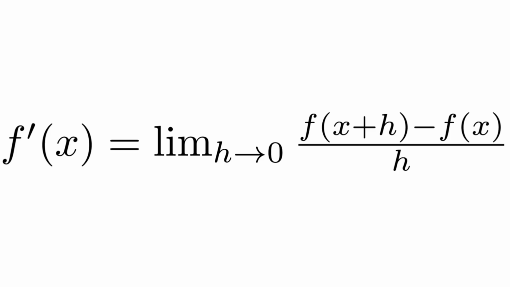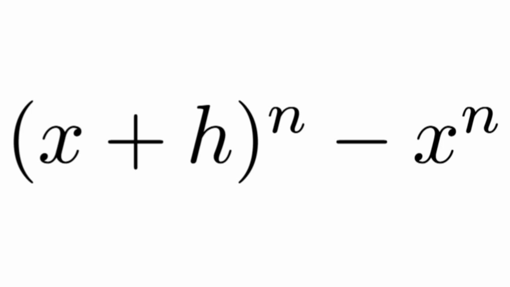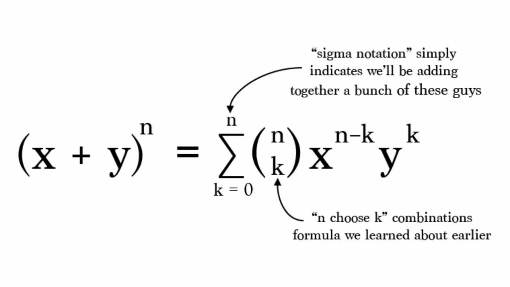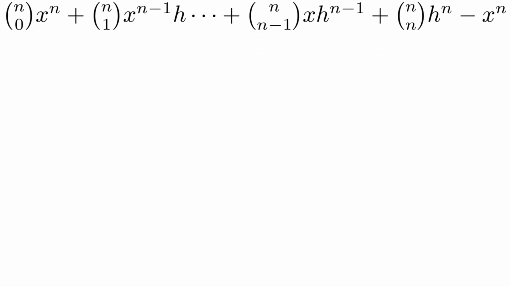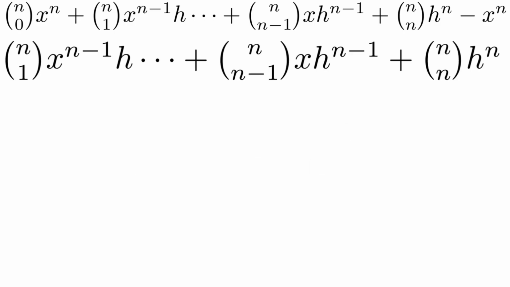But why? Well, let's look at how we calculate a derivative. If our function is x to the n, then our numerator will be x plus h to the n minus x to the n. If we expand this using the binomial theorem, we get this. Now, we can note two things. N choose 0 is always 1, so the two x to the n's cancel, leaving us with this as the